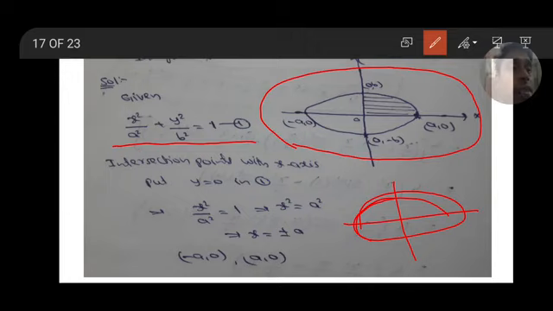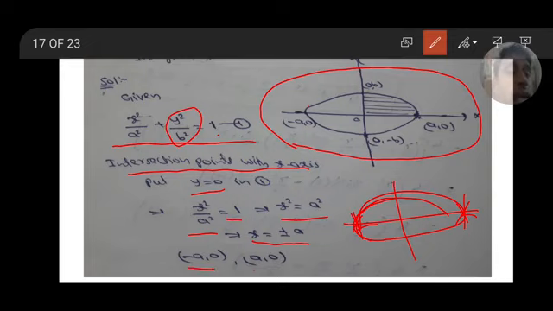And we have to find the intersection points. For a circle we already know the radius, so it comes automatically. For the ellipse we have to find the intersection points with the x-axis, that is, put y equal to 0. Intersection points with the x-axis means we substitute y equal to 0 in equation 1. So y equal to 0 means x square by a square, 0 square by b square is 0, equal to 1. So x square equal to a square, x equal to plus or minus a, that is minus a comma 0 and plus a comma 0. This intersection point is a comma 0, this is minus a comma 0.